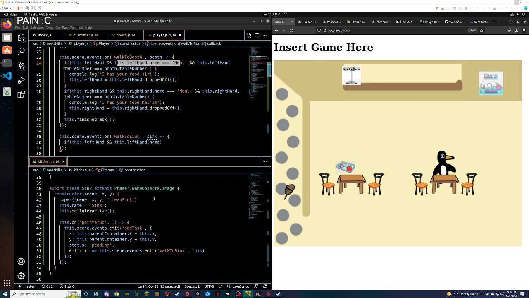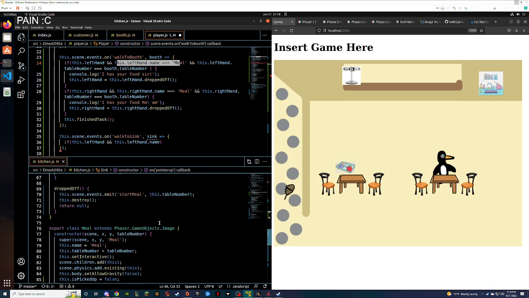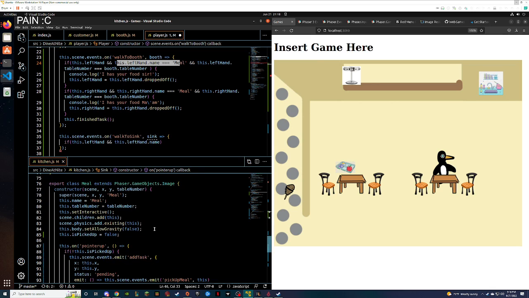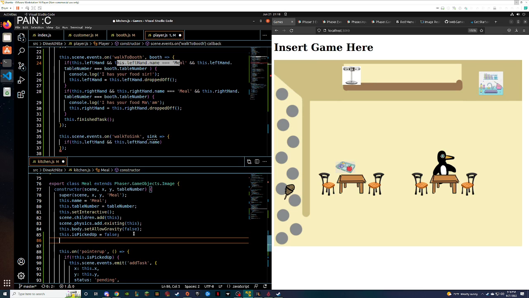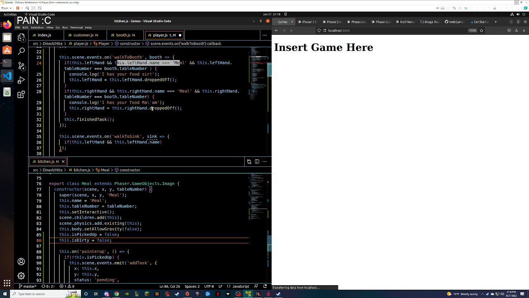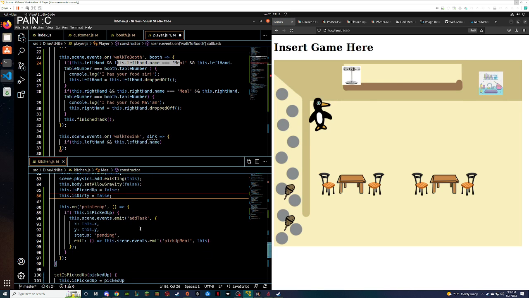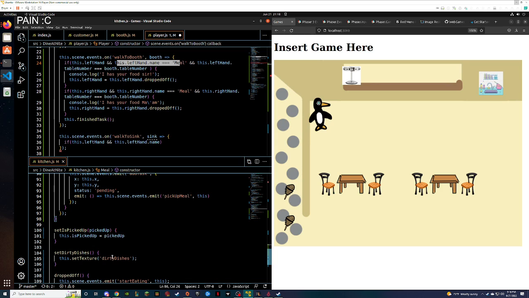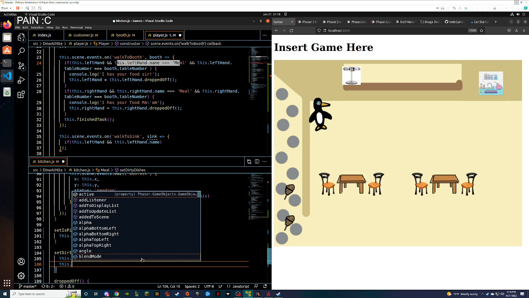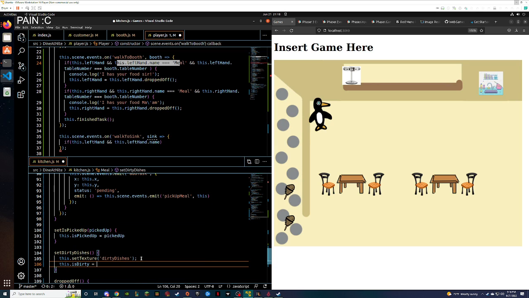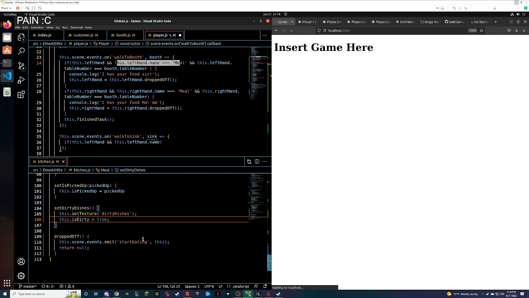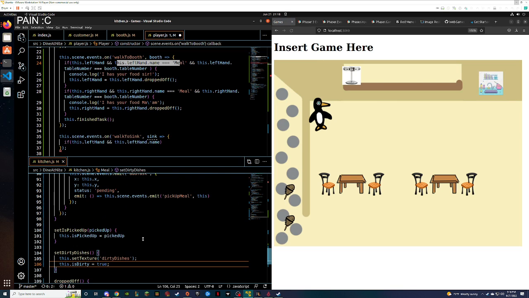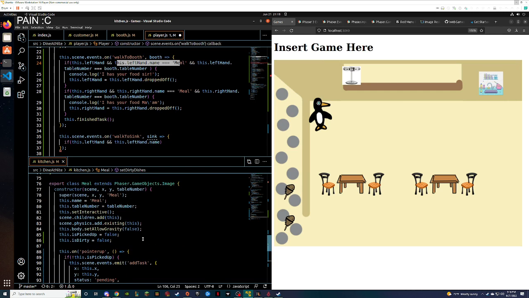So we need to check in the meal. We're gonna do this dot is dirty equals false. Set dirty dishes, this dot is dirty equals true. Okay.